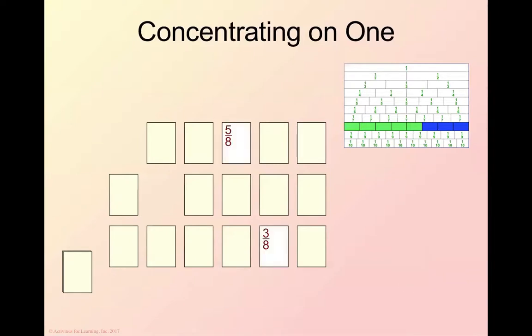Now, I'm going to back up a minute here. Notice when we're doing this, we didn't tell the kids, well, it's 5/8, so 5 minus 8, or 8 minus 5 is 3, so the answer is 3/8. We're not giving them an algorithm. We're not telling them, here's the formula. We're having them explore it, and it's hands-on. We let them figure out that 5 and 3 more, which is my 3/8, is going to give me the whole. So you're not telling them how to figure it out. They're using the chart to figure it out.